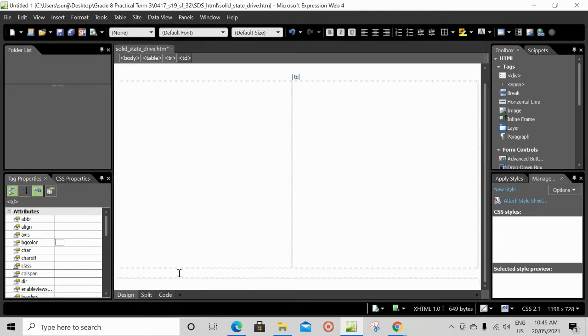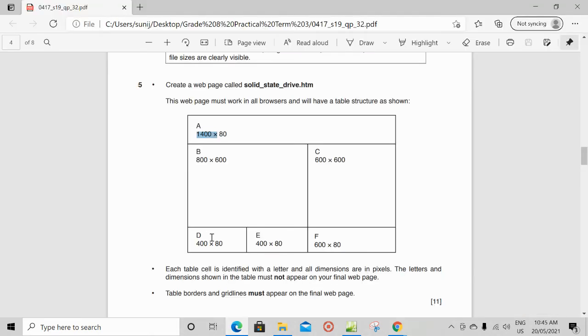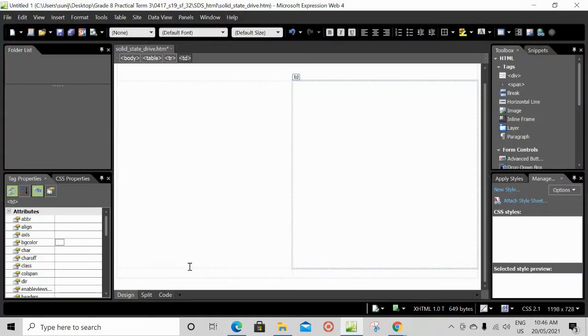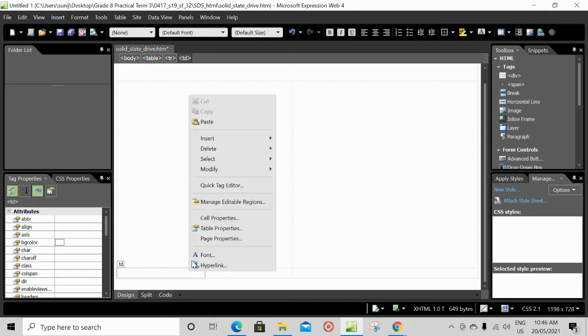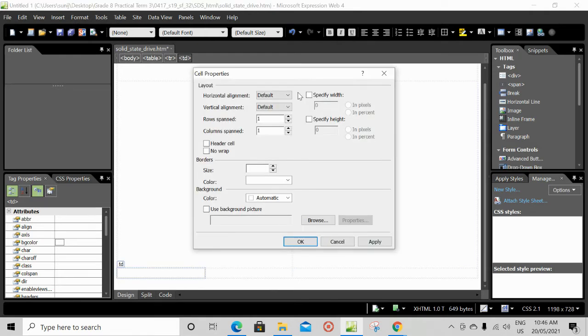In the last row, you will have three cells. So cell D, it's 400 by 80, and cell E is 400 by 80. So this is cell D. Right click, cell properties, width is 400 and height is 80.